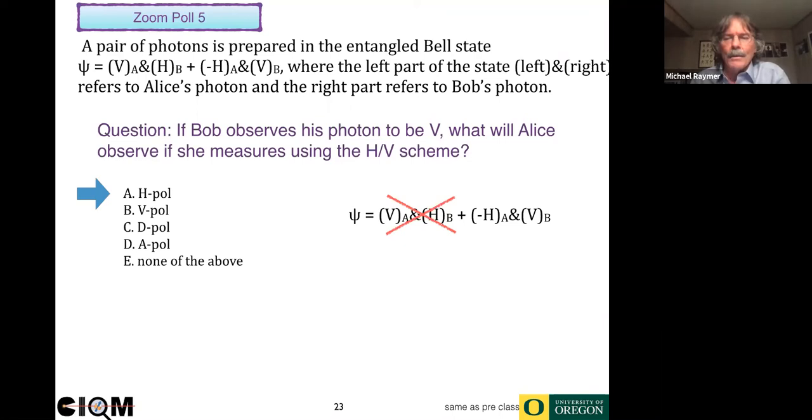It's not that Bob's measurement somehow physically changes Alice's measurement, because we know that these two laboratories could be 1,000 miles apart and the measurements could all be made very, very quickly. So there's no causal effect here. Many popular media say this wrong. They say that Bob measuring V affects Alice's photon. And that's simply not true.